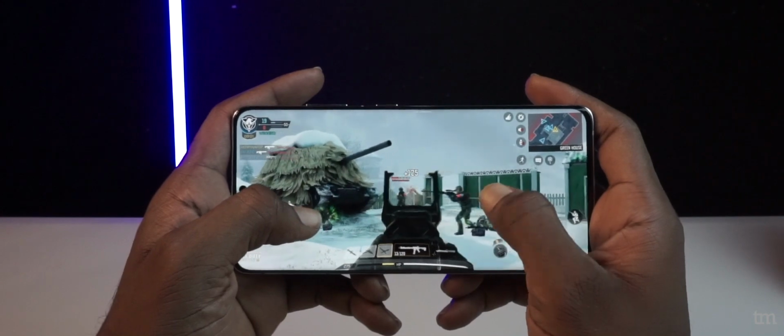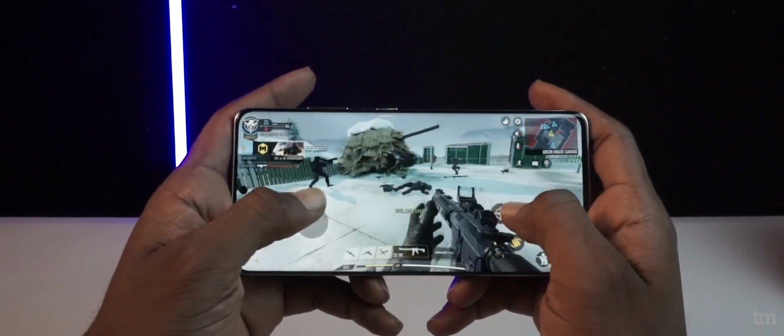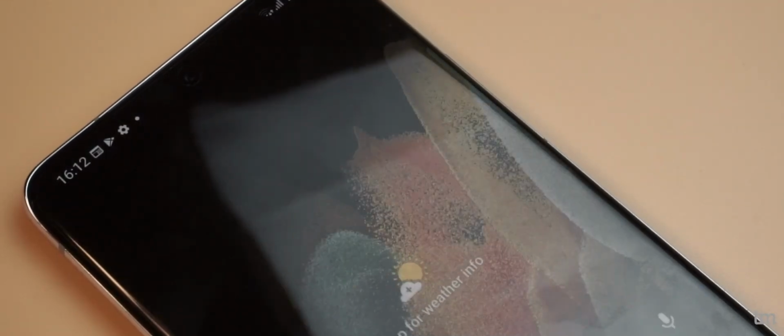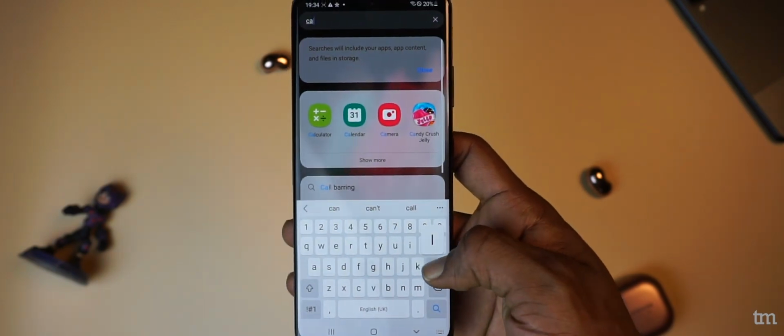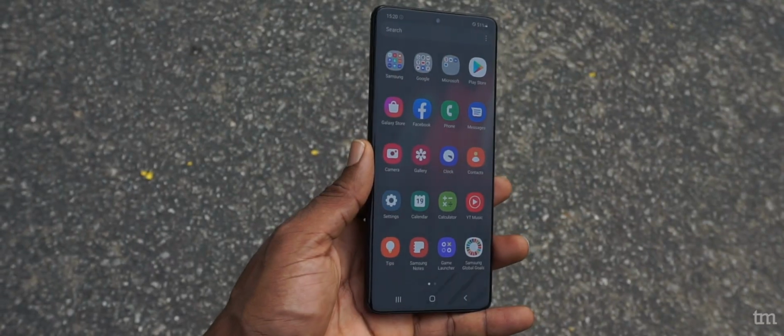No more SD card slot. You have an option of 128, 256 and 512GB of storage to choose from. Samsung has come a long way with the One UI, not my favorite all-time skin, but it remains one of my most preferred skins. For those that don't understand what a skin is, it's like a jacket. The S21 Ultra is running Android 11 with One UI 3.1 as the jacket, which delivers a very good